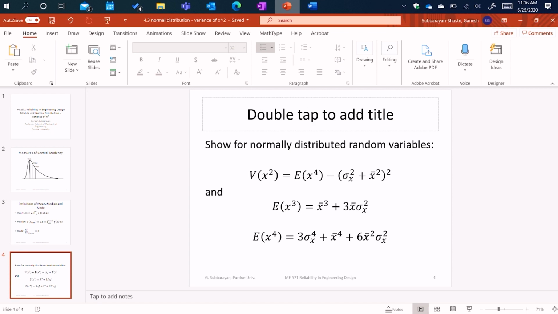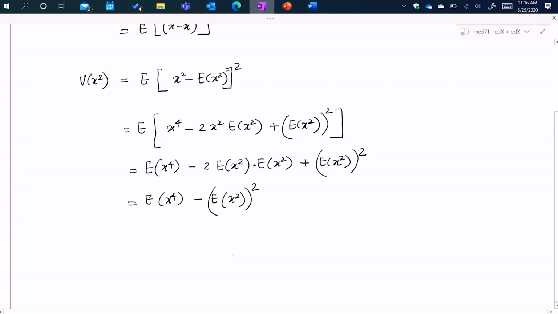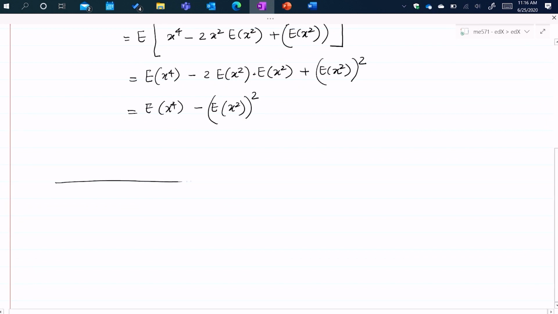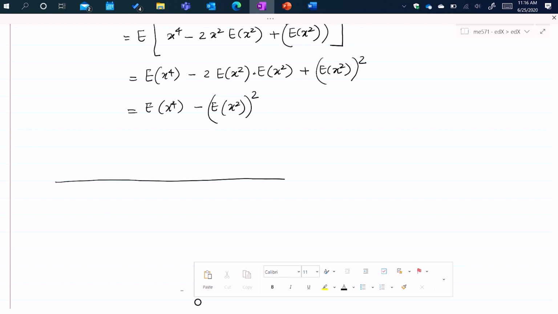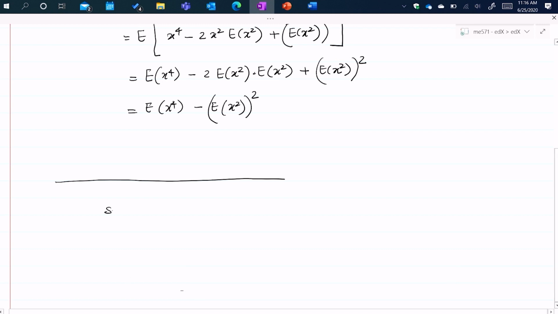Now, before I leave this module, I just want to leave with two definitions. We've already defined variance here. So now I'm going to define skewness. These are not concepts that we will use. Skewness by definition is expected value of (x minus x bar) cubed, and that is the integral going from minus infinity to plus infinity of (x minus x bar) cubed f of x dx,